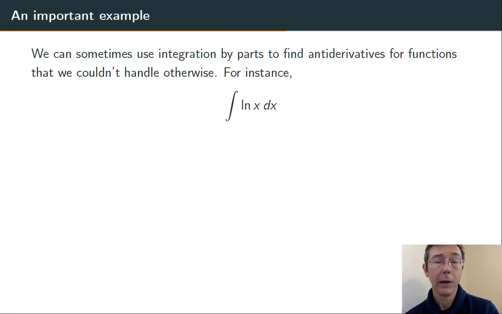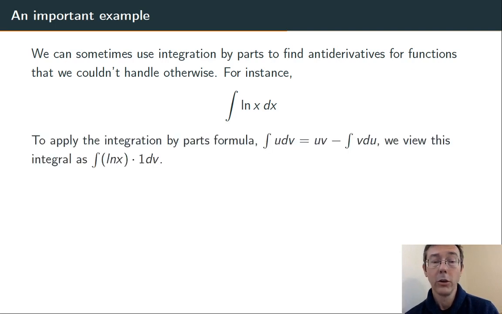Integration by parts is a powerful technique. It can let you integrate things that aren't necessarily obviously even products, in particular functions that we haven't been able to integrate in the past, like the natural log of x. Here we cannot anti-differentiate natural log of x, but we can differentiate it. So we're going to let u be the natural log of x to differentiate that, and dv be dx